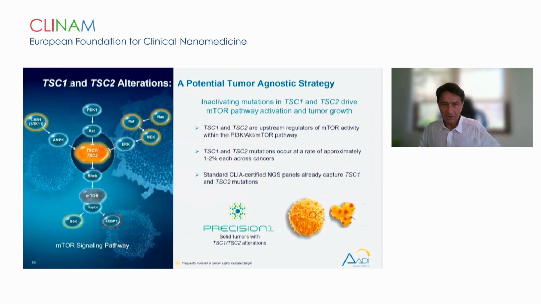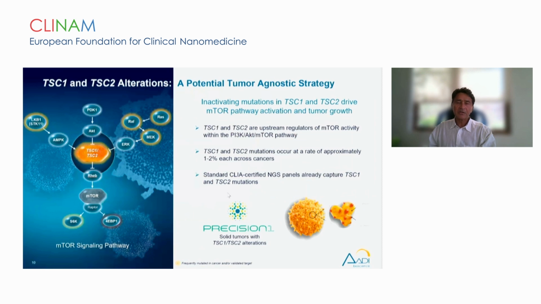So we use this strategy for TSC1 and TSC2 alteration. This is the same mTOR pathway, and the TSC1 and TSC2 gene is highlighted, and this is a tumor suppressor. So a loss of function of the TSC1 or TSC2, which works as a complex, results in mTOR activation downstream. And this is where our drug FIARO comes in and can effectively inhibit the mTOR and therefore get results